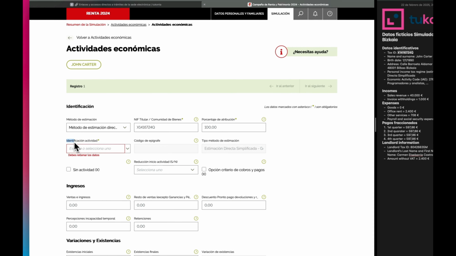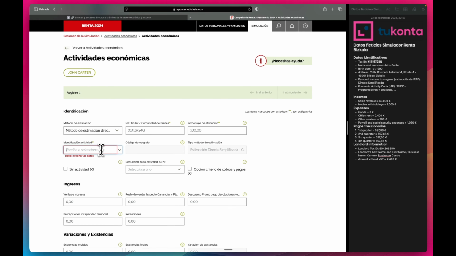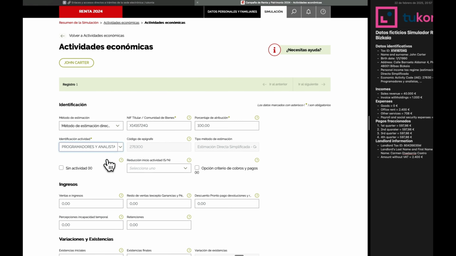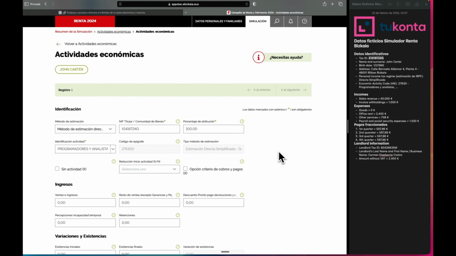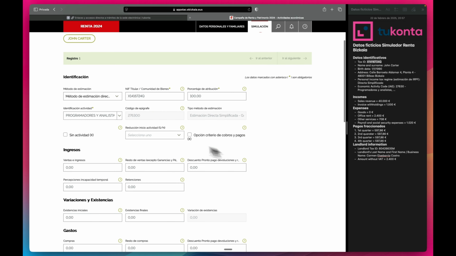And here, identificación actividad is like the activity identification or something like that. But basically we have to put the activity code, which is 2C763. Yeah, this one is the software developer one. So I'm not going to click on this without activity or no activity, because in our case, we did have an activity. One thing that might be interesting is this one, called reducción inicio actividad, which is